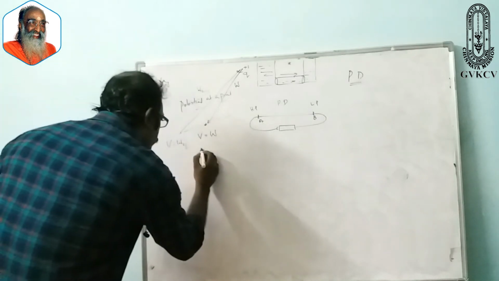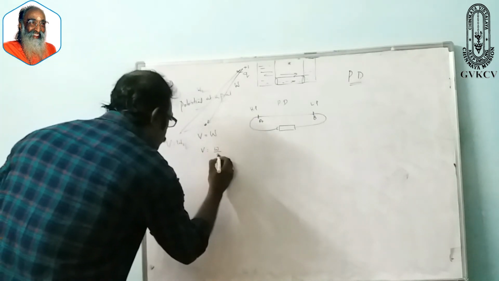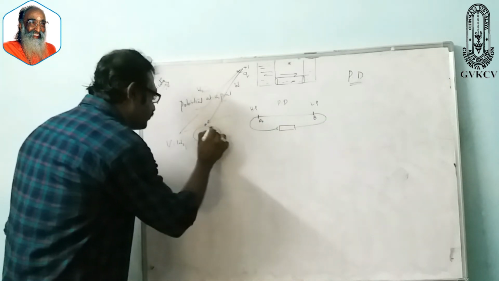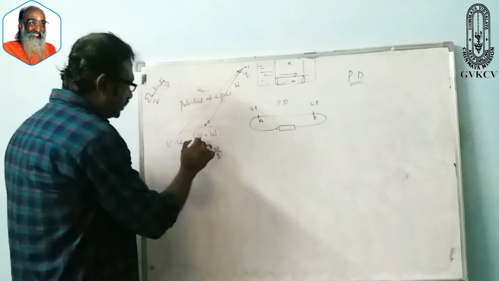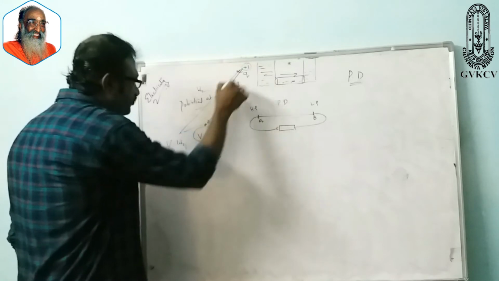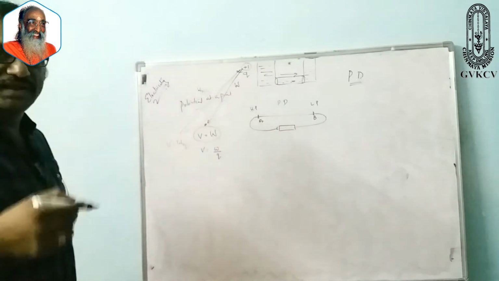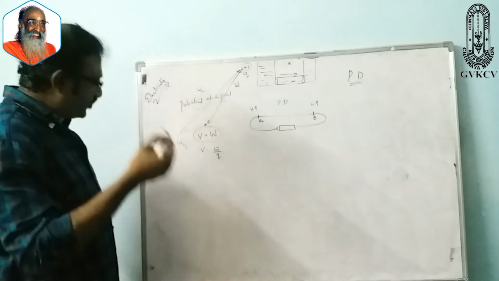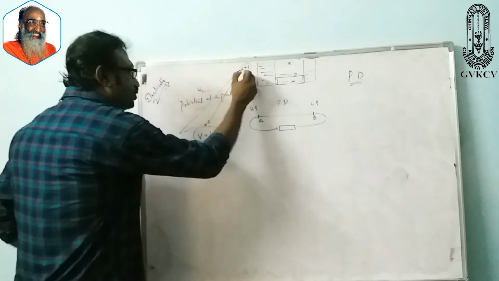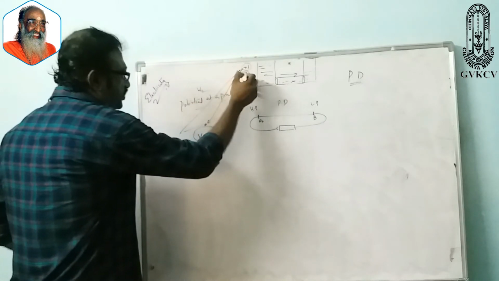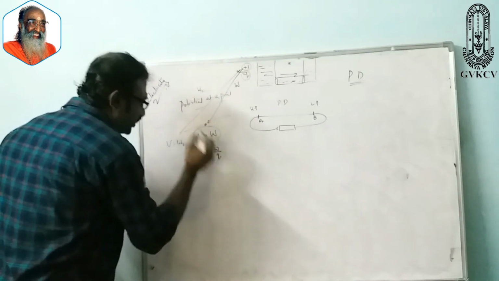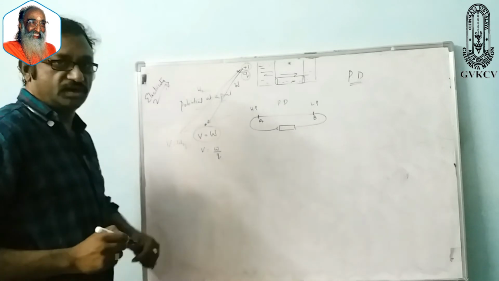So now your V will be equal to W by Q. That means we use this for defining the potential. The potential at a point is the amount of work done in bringing a unit positive charge from infinity to this point. But for our calculations and for further going with the potential, we just take a test charge Q, some charge Q, and we are going to bring the charge Q from infinity to this point. Then your potential will be equal to W by Q. Okay, so this is the potential at the point.